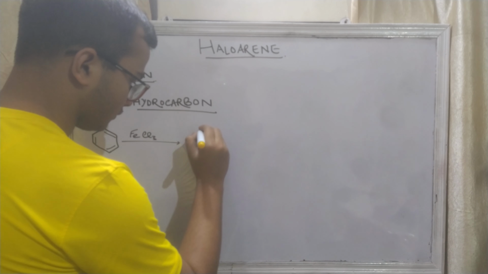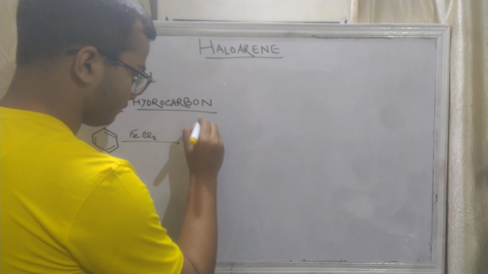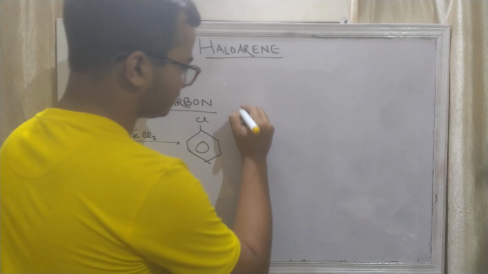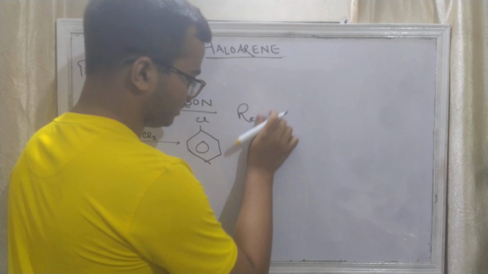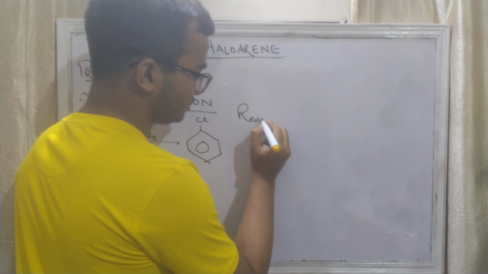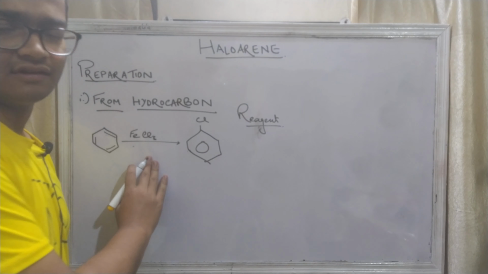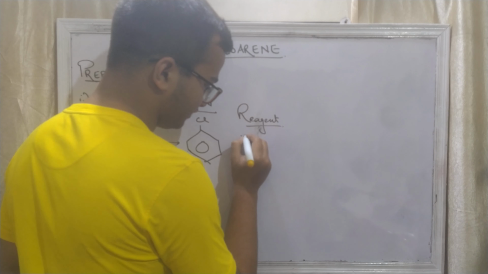So this is your chlorobenzene, right? Now in place of FeCl3, the reagents which you can take, I am writing out here reagents. Okay, reagents for this. Now for this I have taken FeCl3, but there are also some other reagents which you can take to perform these reactions. Okay, so the reagents include mainly your FeCl3,